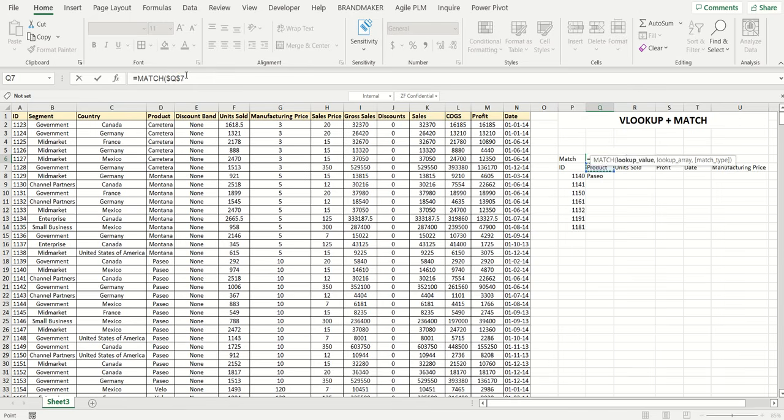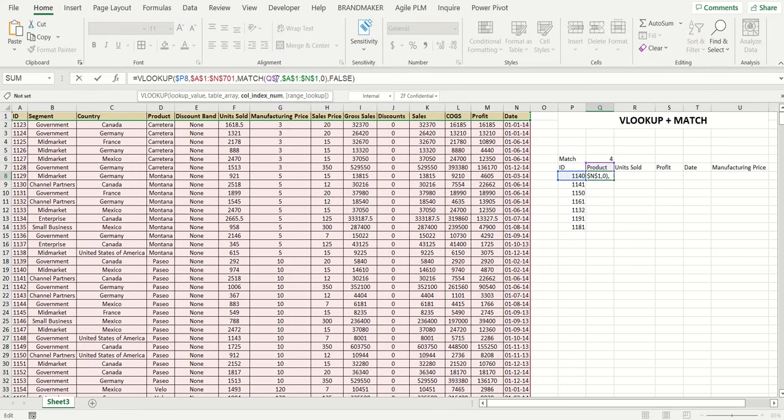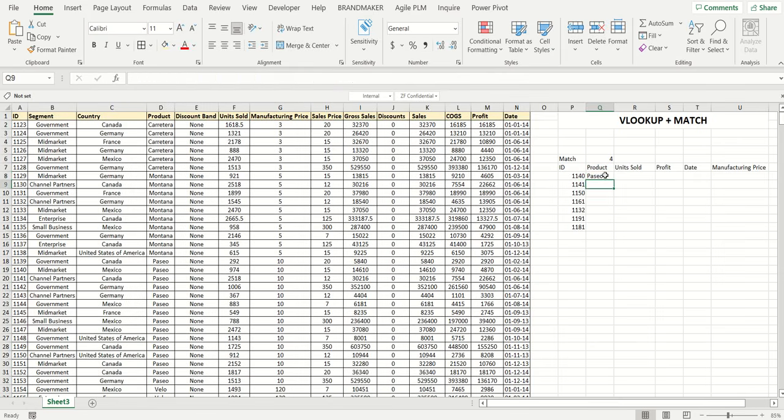So you can fix the rows, then we need the data from this table, fix it, exact match, and hit enter. So we get the column index number, then copy this, overwrite it in the VLOOKUP function. See that we here fixed the column P, hit the enter,